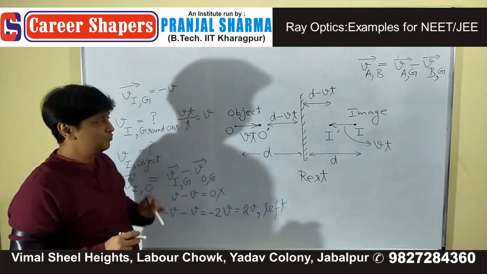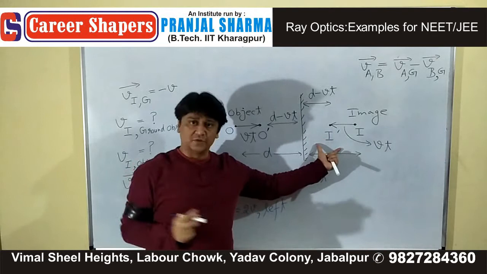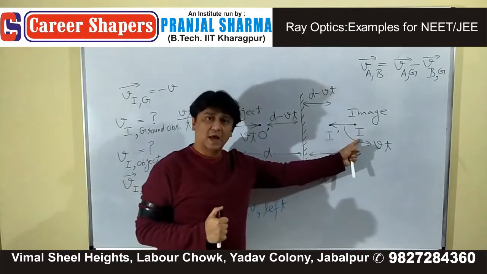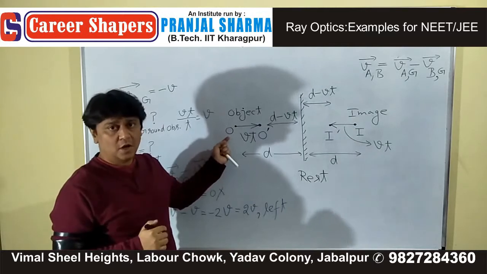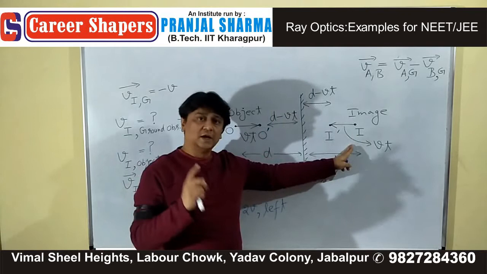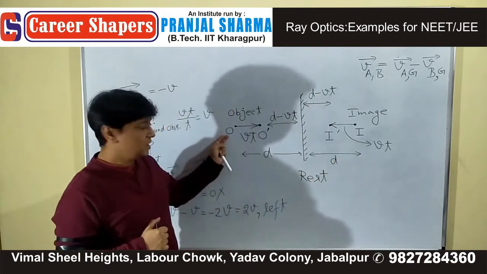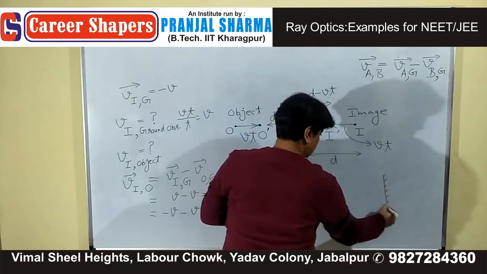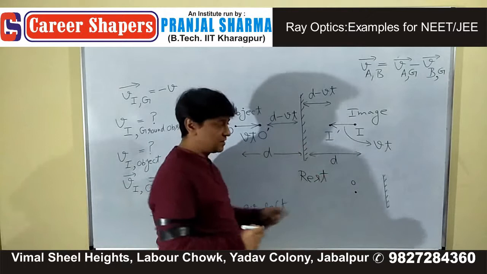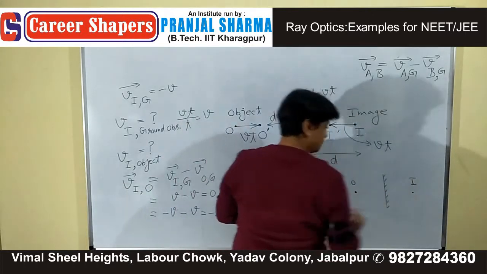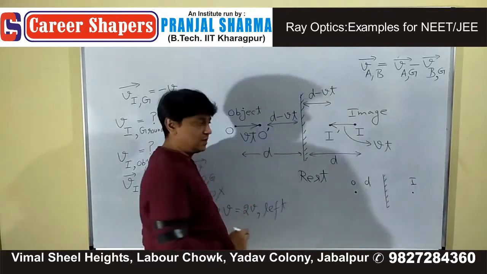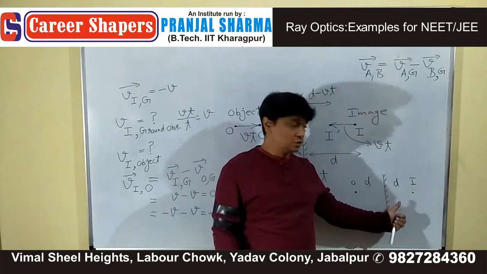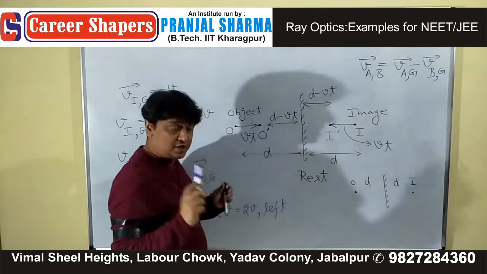Or you could have done the same thing which we did with this Vt part for the first method. Look here. How do you define velocity? Velocity of image as seen by this object. It means what is the distance traveled by the image in time t as seen by the object. Look here, what I am saying. Initially, an object is at this position, image is at this position. Distance between object and mirror is d, and therefore distance between image and mirror, that is also d. After time t,